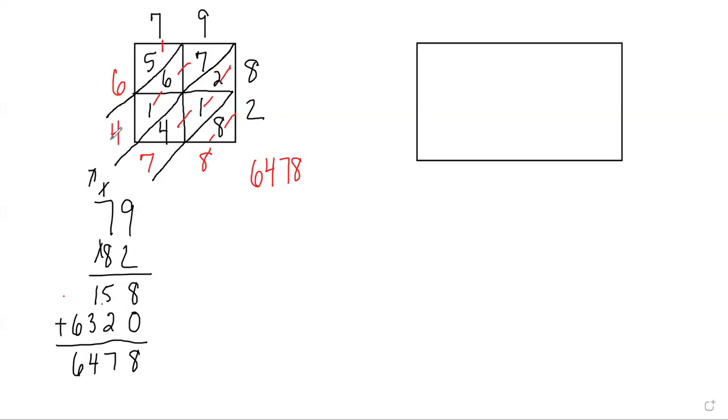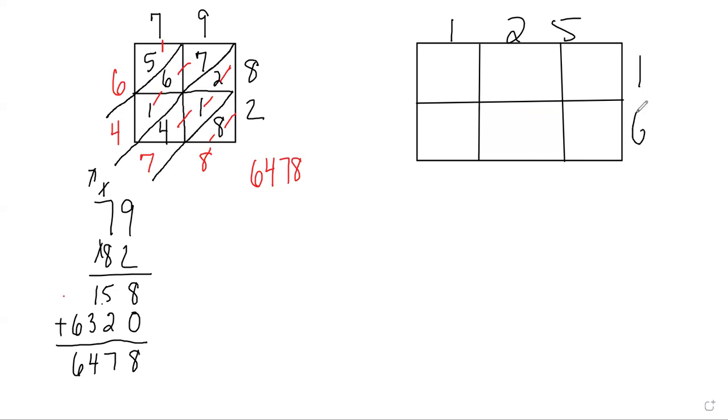So we have 8, 7, 4, 6, and you get the same answer. So now what happens if our numbers are not the same amount? If one of our problems has 3 numbers and the other one has 2 numbers, for example. With this, you still set up your table. You put one number on top and one number on the right side. So if my number was 125, and then times 16,